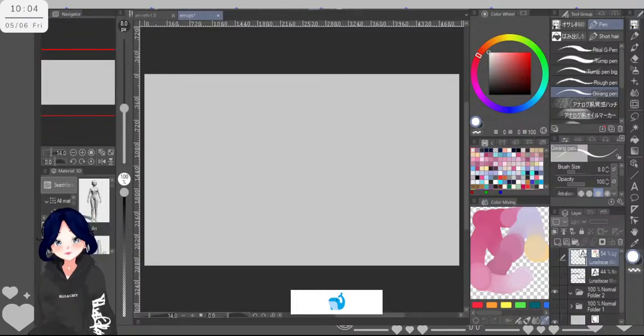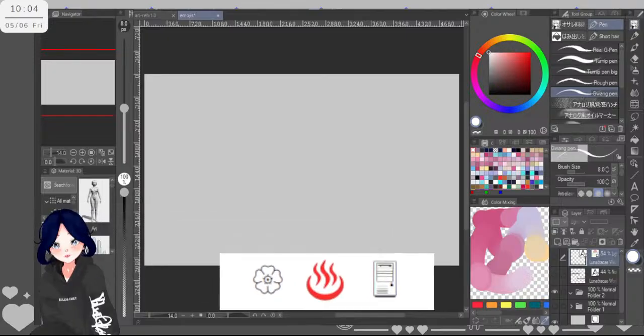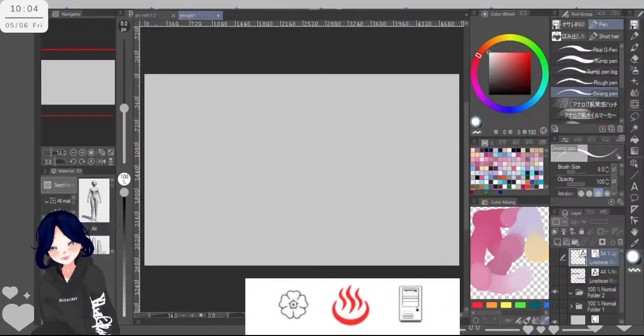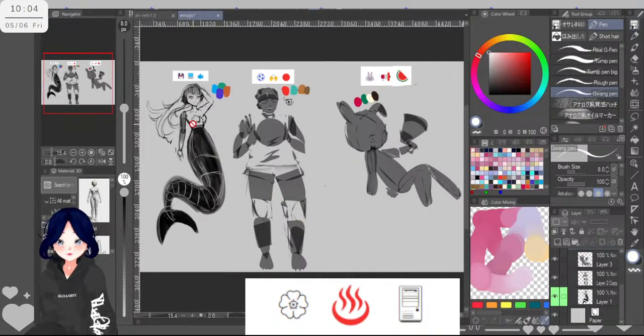Like last week, we will roll here where we will get 3 random emojis again, and we will make a character based on those emojis. Like for example, I have hidden those. Yeah, something like this.